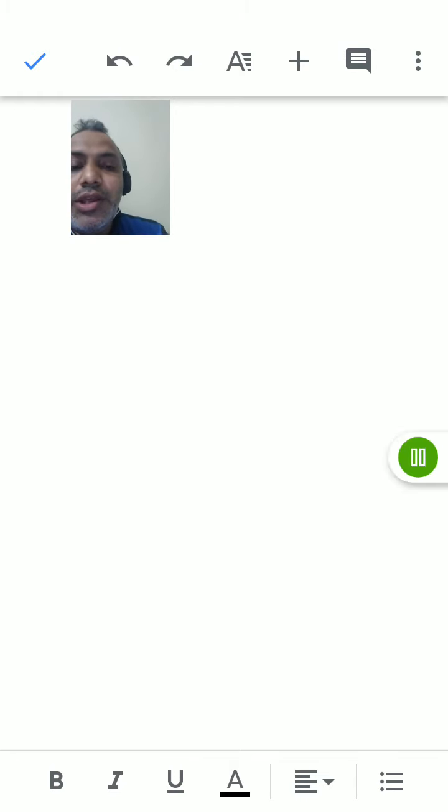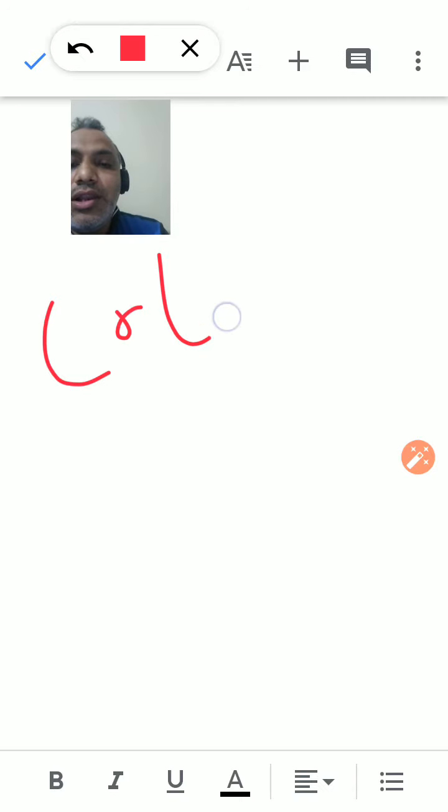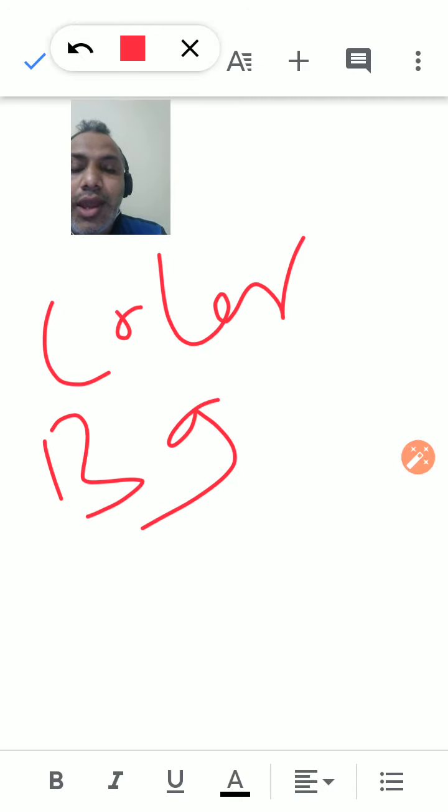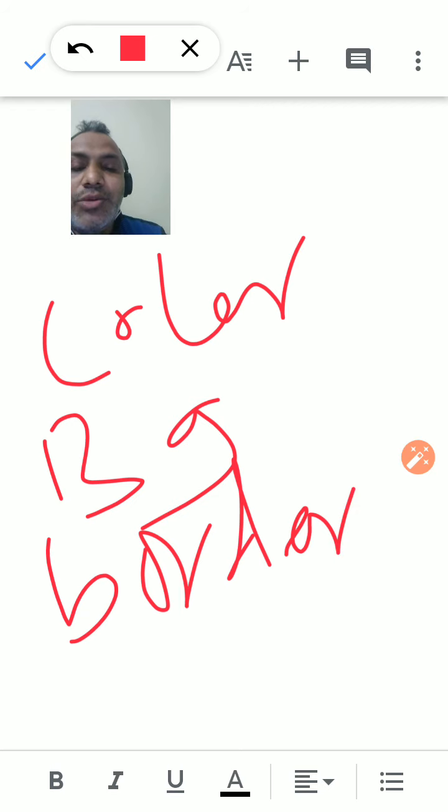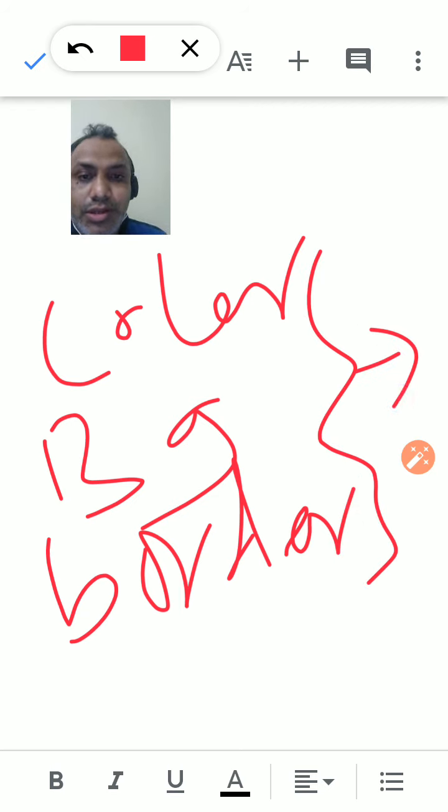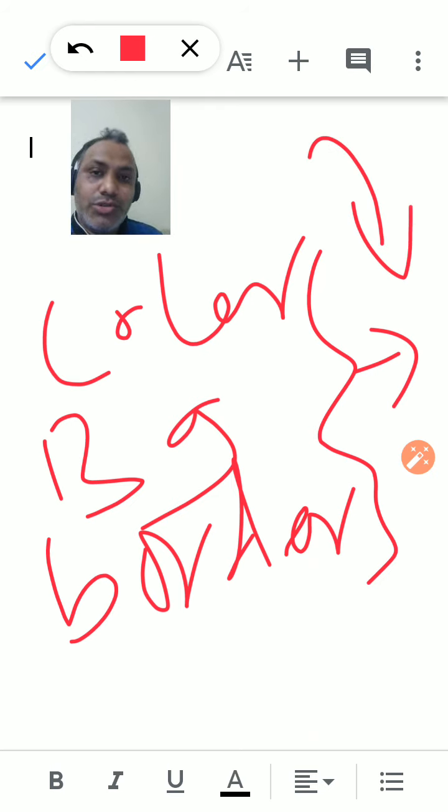Normally we have the font or text color, then background color, and fourth is the border. Using these attributes, we can apply different color modes. So that is the theoretical information I have.